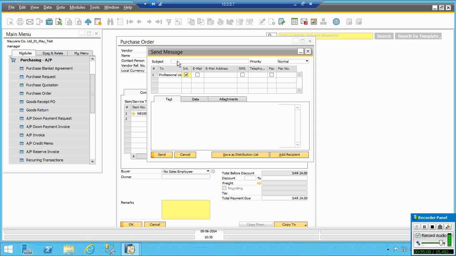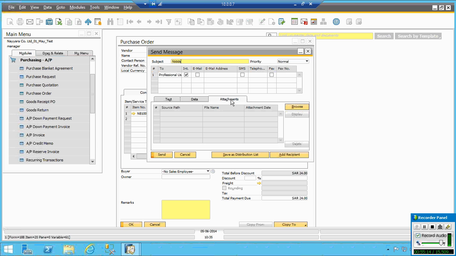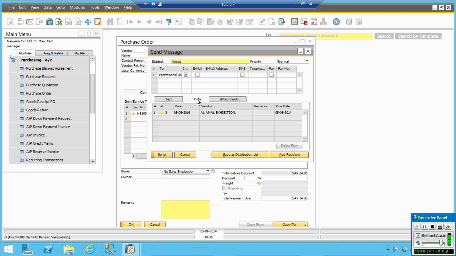Sending an individual message, typing a subject, and then sending it. Since I opened the purchase order and am sending a mail, this purchase order will automatically give a link in the message. So when the concerned person opens it, he has a link to the PO. So you can see the PO, check the request, and kindly approve it.